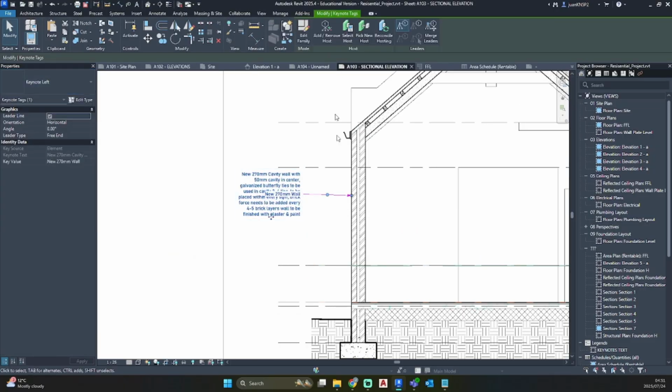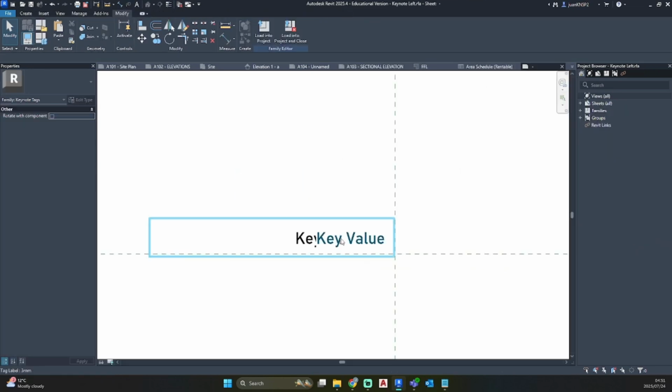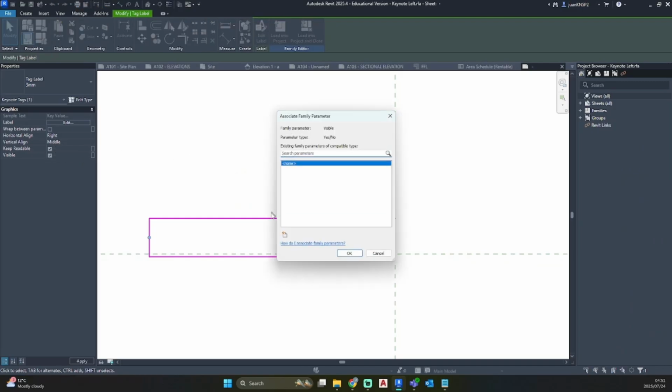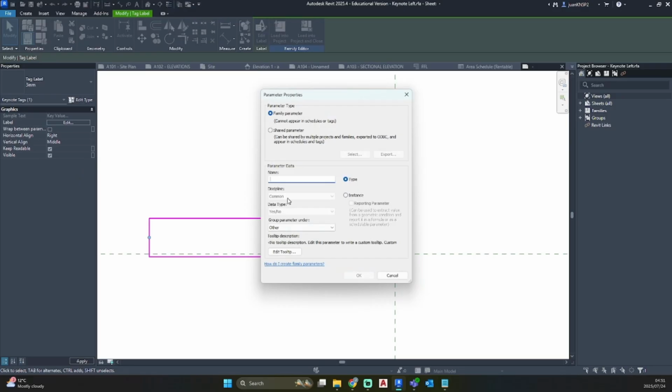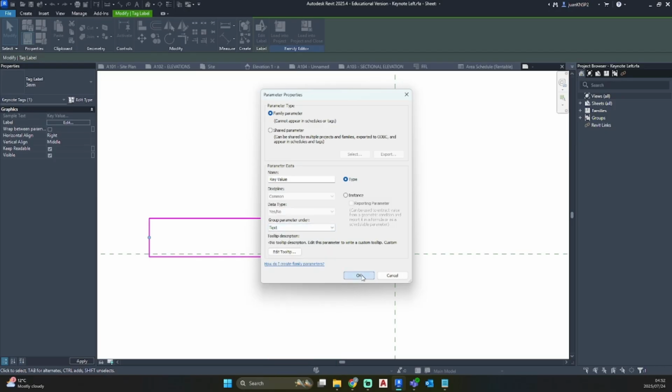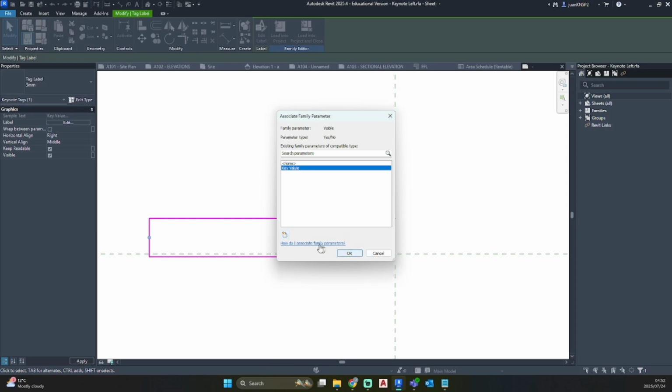Okay, so now we have to set visibility graphics on it. Edit family, key value, need to go and select, create parameter, key value, data type. We want to set this as text. Okay.